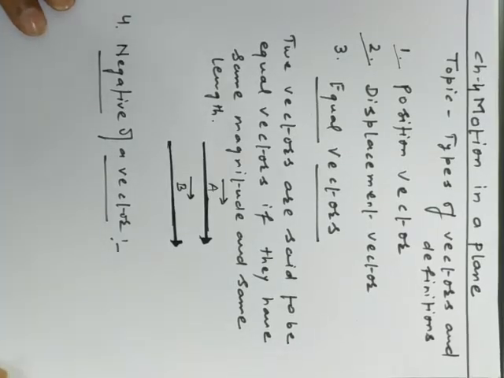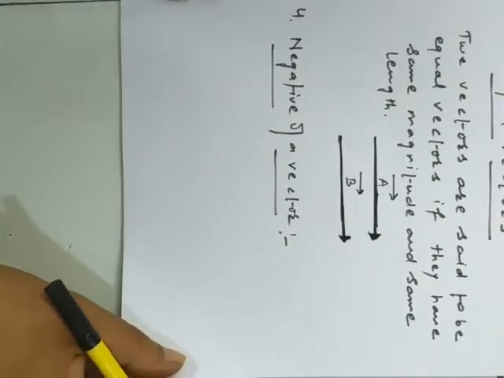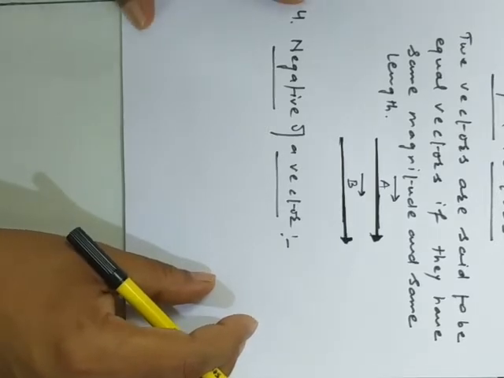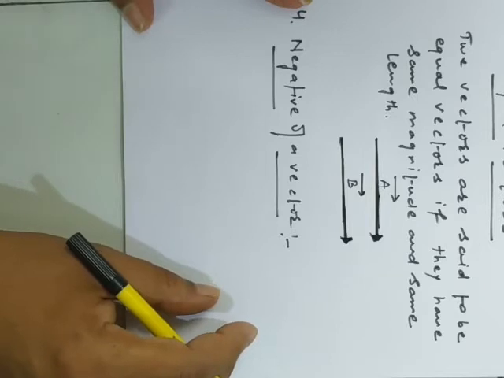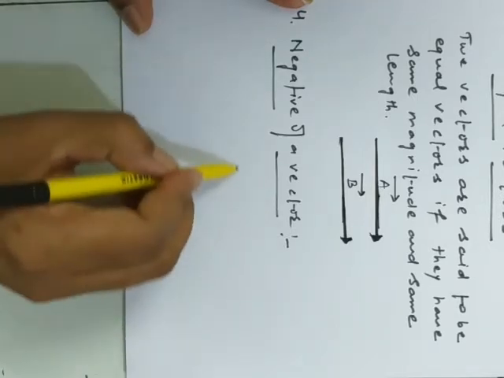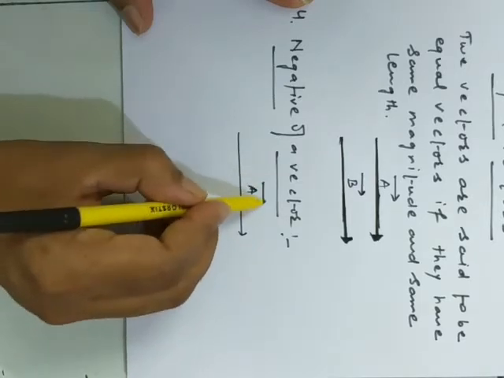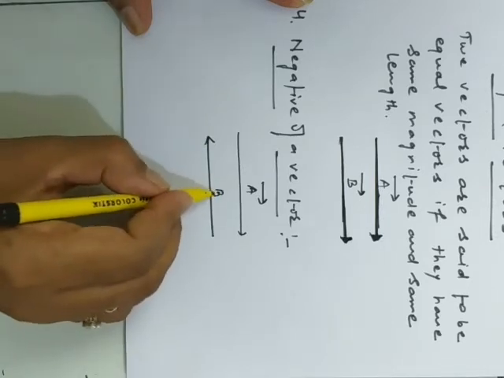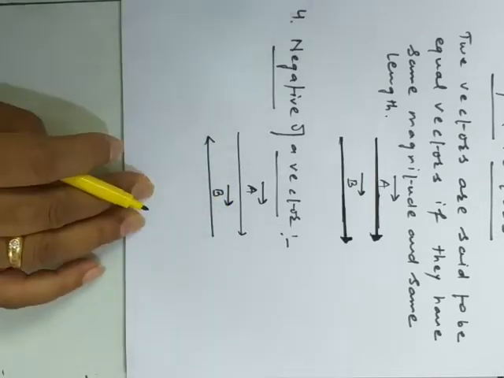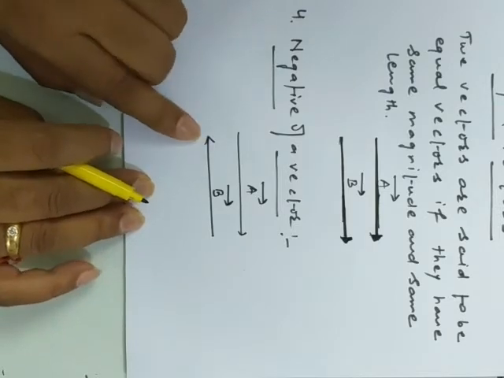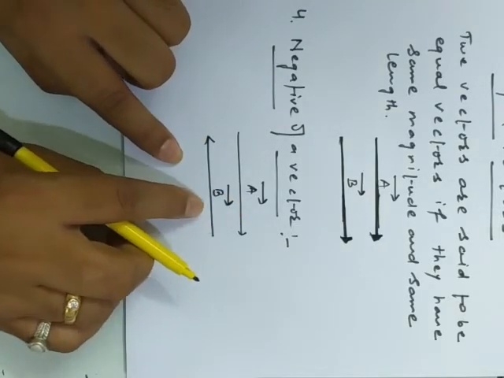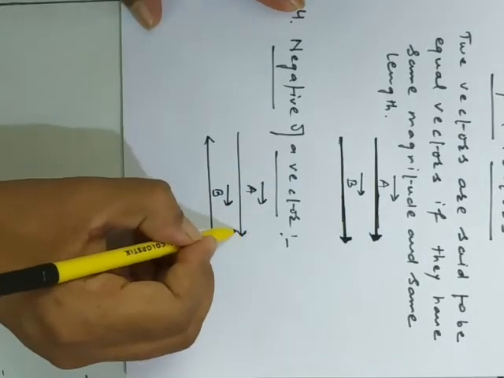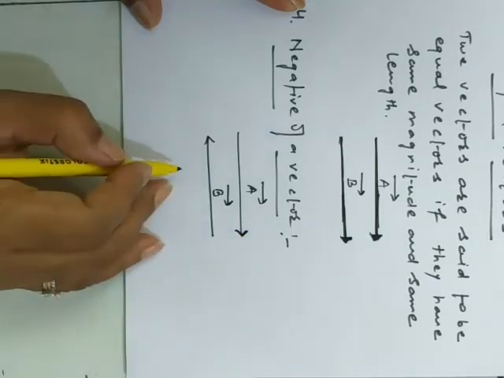Now we will talk about the negative of a vector. Two vectors are said to be negative vectors, or the negative of a vector, whenever they are equal in magnitude but acting along different directions. This is the vector A we have, and if you are asking for the negative of a vector, we just plot it in a different direction. So here we have the vector b. One important thing is that in the negative of a vector, both vectors have the same magnitude, that means the length of the tail is the same, but the directions are opposite to each other.